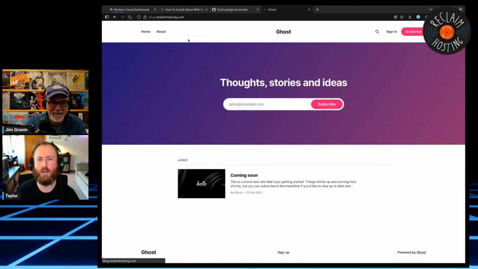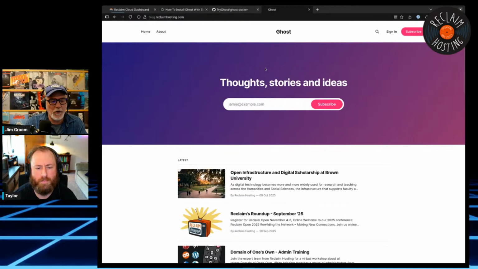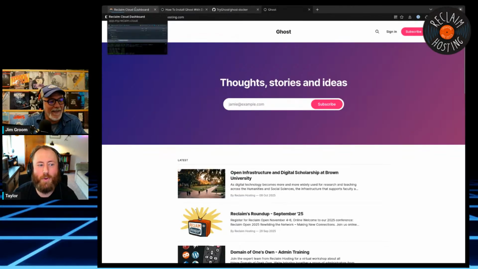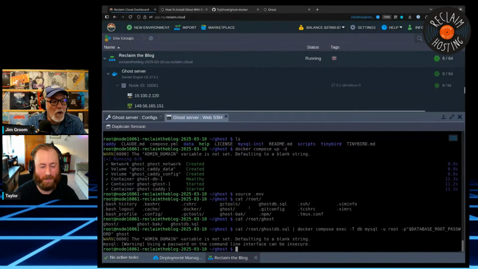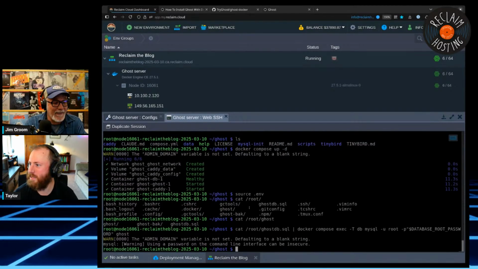Now I may have to restart Ghost here. I think you should. Yeah, oh my gosh, it worked. It worked, ladies and gentlemen. It mostly worked. I think I do have to restart it because our header and stuff is missing right now. But oh my God, the data's there. The header images are there. Well, not the header image, but the featured images are there.